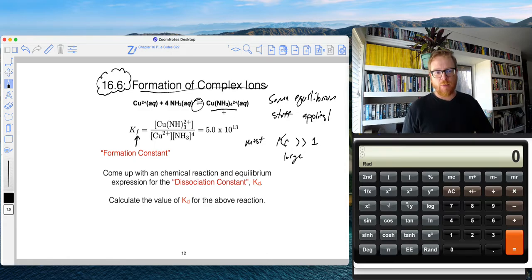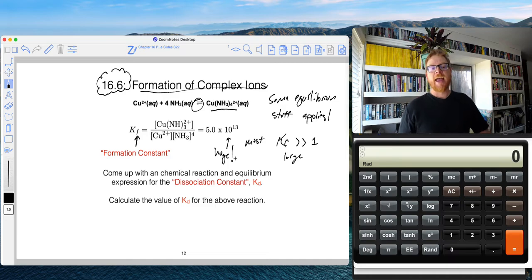And you can see that when we put this together, right, now that you know how to name this, this is tetraamminecopper(II). So you can see the tetraamminecopper(II) complex ion forms from 1 copper and 4 ammonias. And so we've got to raise that ammonia to the 4th power. But you can see here this value,